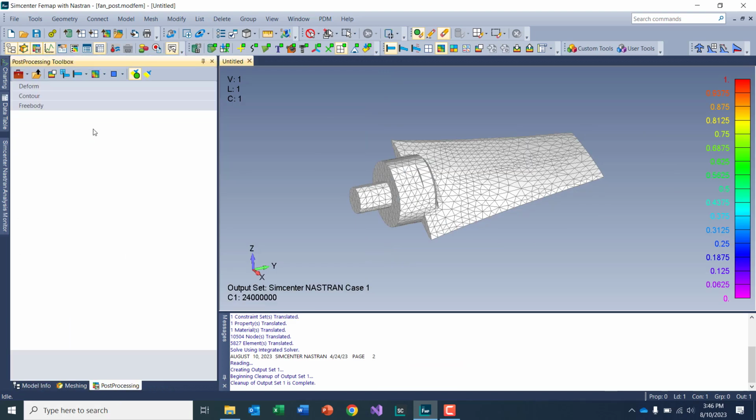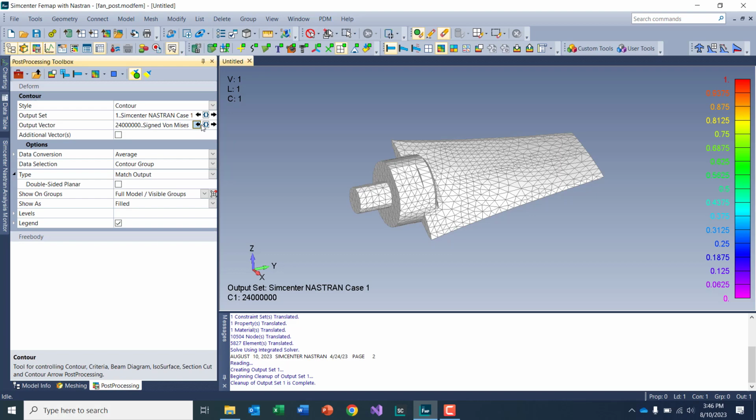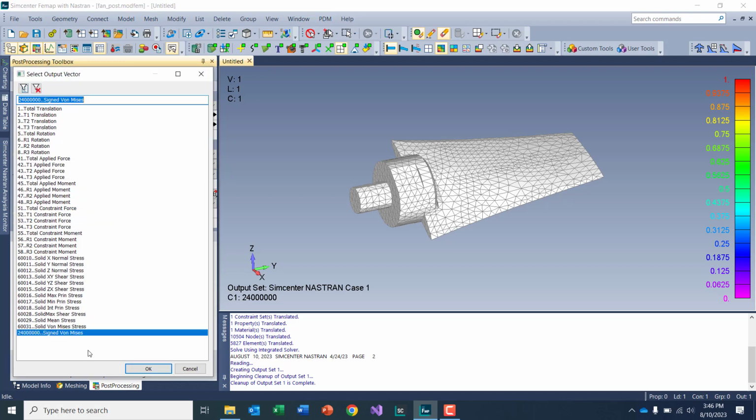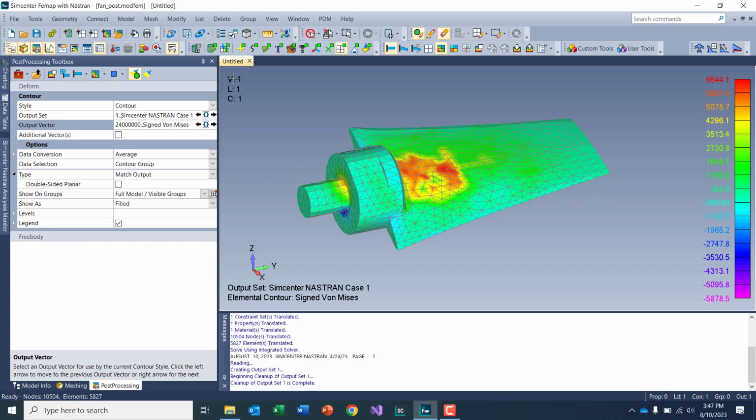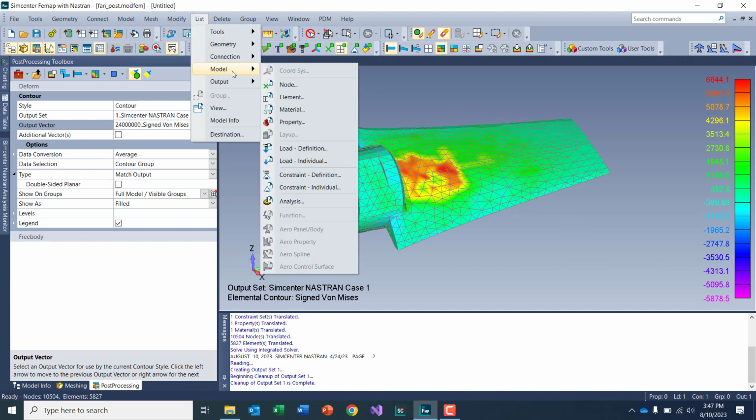And if I switch over to the post-processing tab and show some results, you can see that I have my sine von Mises vector created in the user-defined vector regions. So if I look at the window, the legend, there's some negative values and positive values in here. And one last thing I'll do is compare these results to see that it's just a sign being flipped. So I'll do list